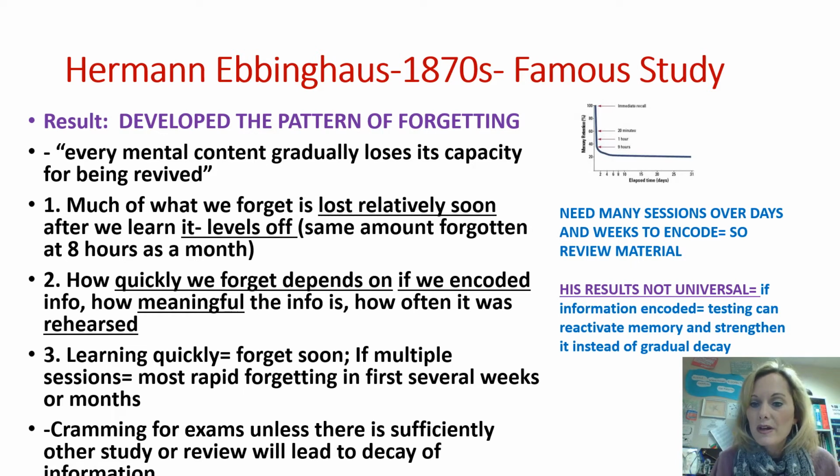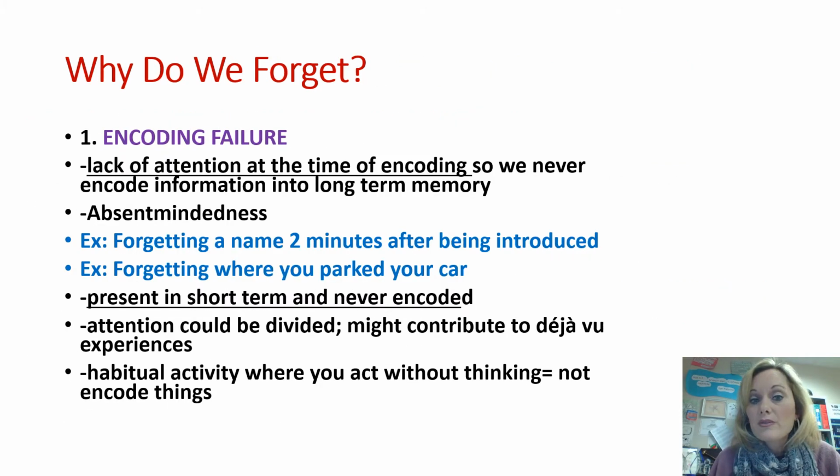And so there's more of that. They see that gradual decay of information, but it's not always that we forget all the time. So why do we forget? Encoding failure is the number one thing, a lack of attention. We know that attention is divided, so if something didn't get encoded, this might contribute to what